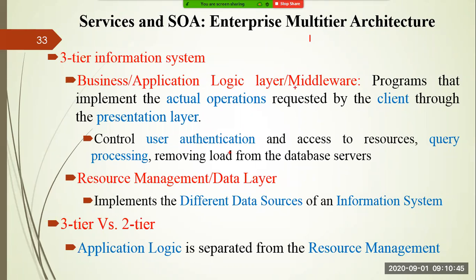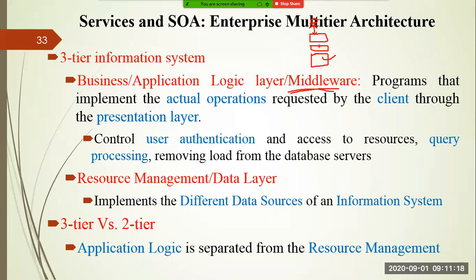business or application logic layer, or we can simply call it the middleware. So in between two different layers, you have the layer that is called the business application logic layer or middleware. So why is it called middleware? It is in between two different layers, and it abstracts many things. The information available in the bottom layer, that is your resource management layer or data layer, the complexity of that layer is not shown to the user. The user is sitting here, right? The user can use the presentation layer in order to ask for some information or to request a particular service,